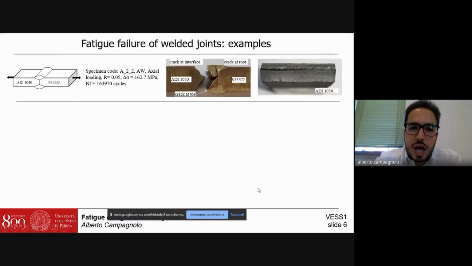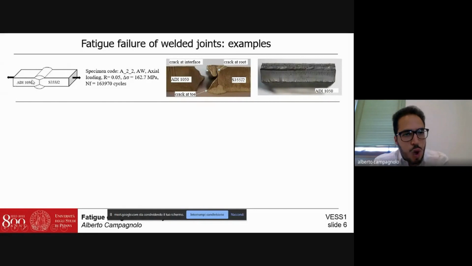Let's go to see some experimental examples of fatigue failure of welded joints. In this first example, we can see a partial penetration butt joint, which has at least 3 possible crack initiation locations. The first one is the weld root side, which is a pre-cracking in the structure. The second one is the weld toe side, and the third one is the interface between the weldment and the base